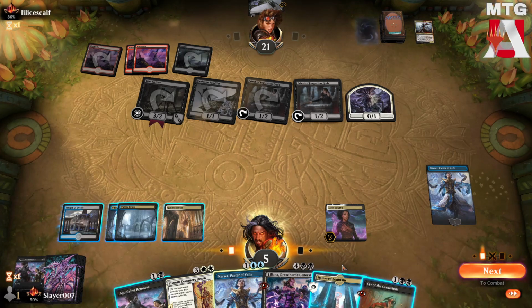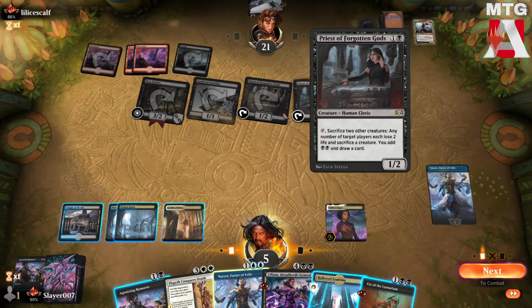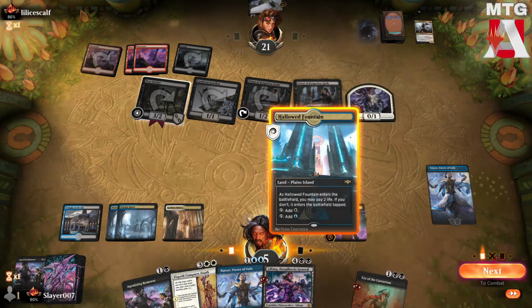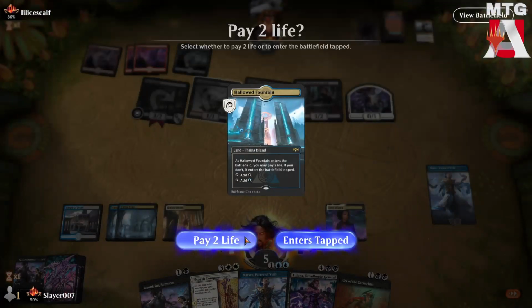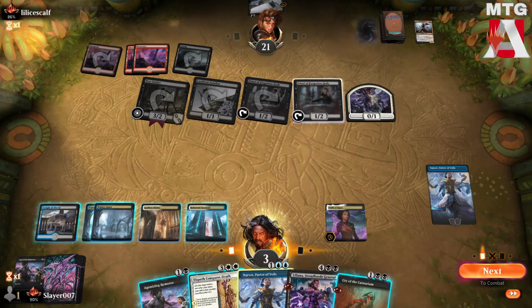Now, how can we avoid all of that? So we're going to take... oh, we're not going to take any damage because they tapped their priest. So that's awesome. So I think we could potentially take the 2 damage here. It's not great. We can lose to a Croxa, but